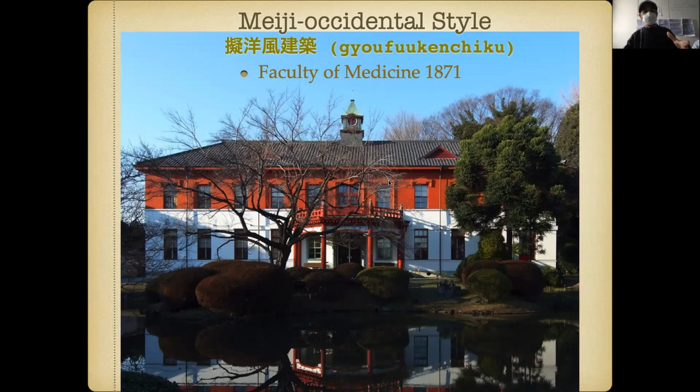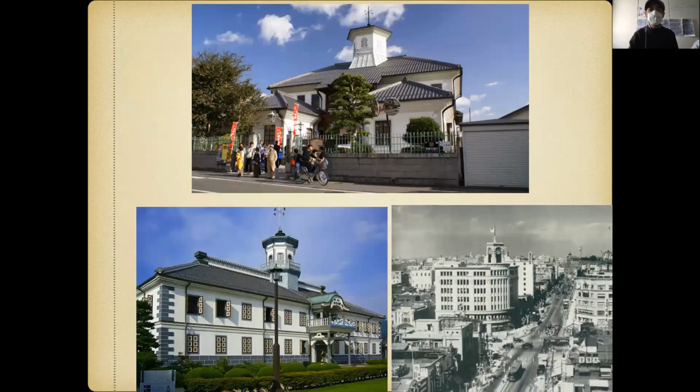This building has been moved away from the campus because it is very nearby, reconstructed. You can visit it. This is just to tell about fake Western architecture. This is not in Tokyo. This is another school, very famous, which has this kind of Western building with a clock tower, but then you have kind of a Shinto entrance and windows just faking some kind of design. So this is the kind of buildings we have.